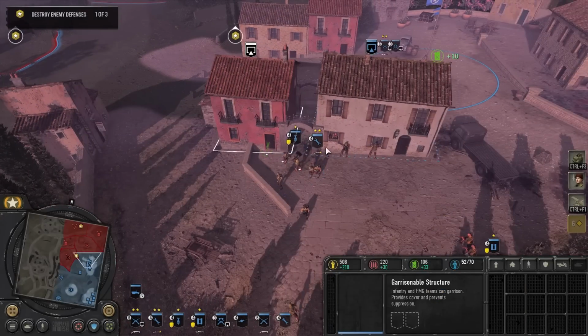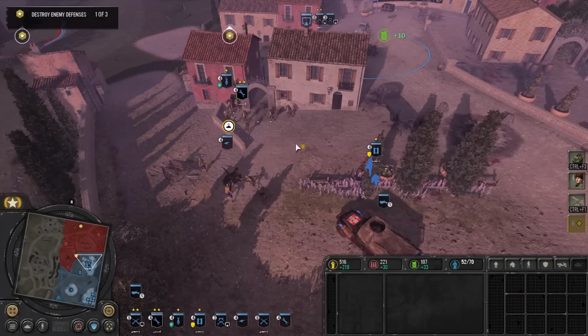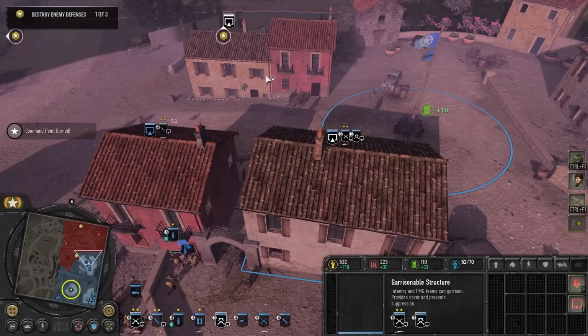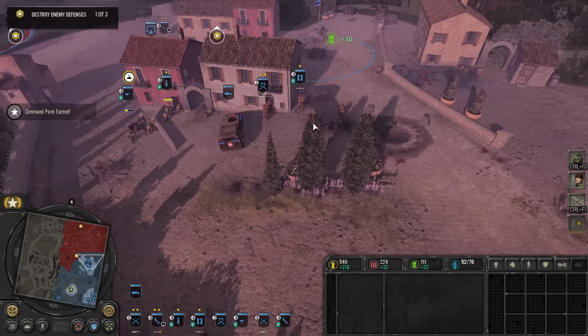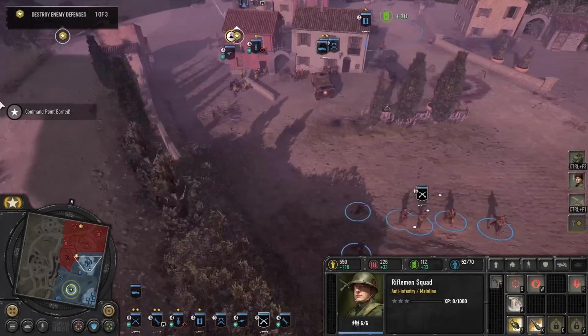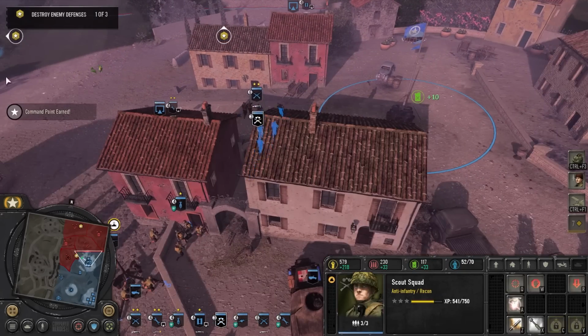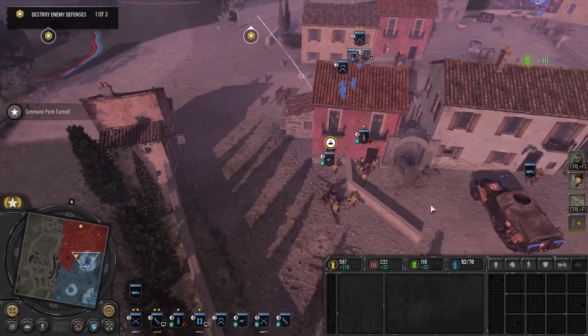I have the mortar team in support. The engineers in support as well. Have this truck behind the building in a safe place. Have the captain, the Pathfinders, and this rifle squad fighting on this eastern side of the village. And then my second rifleman squad. Okay, so we're mortaring it. Let's get the Pathfinders. Where are my Pathfinders? I'm going to try and bait this thing forward into the...